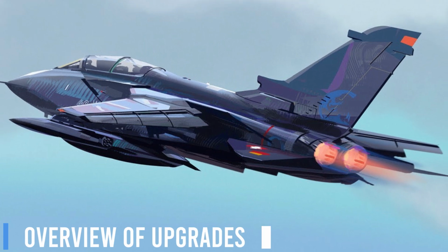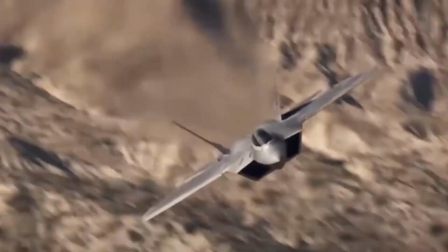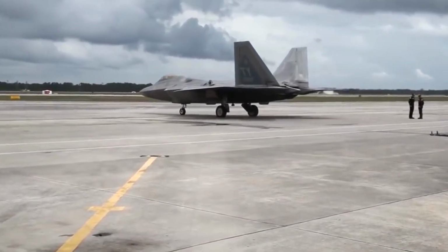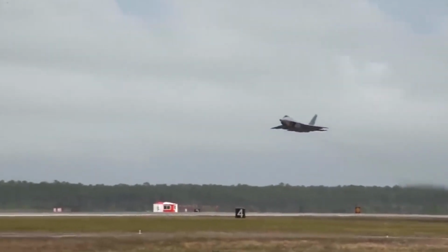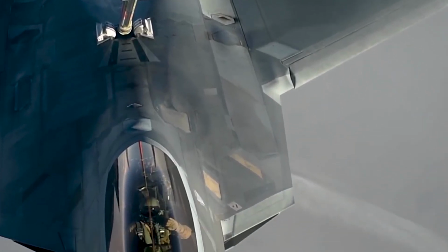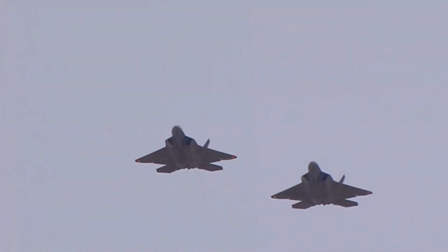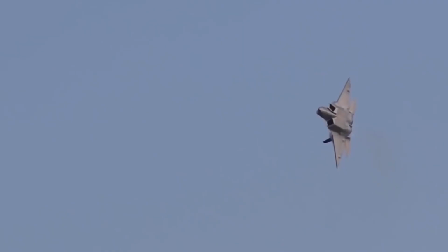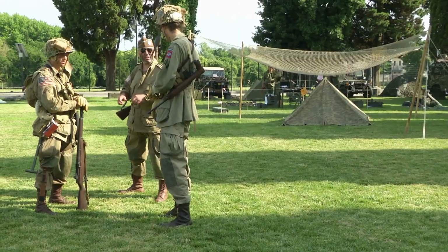Overview of upgrades. The most advanced fighter jet today, the Lockheed Martin F-22 Raptor has received some major technological upgrades. The American King is back, bigger, better, and more lethal than ever before. Meet the new upgraded F-22 Raptor, the world's first 5th-generation fighter set to become the first 6th-generation fighter too, packed with a line of technologies that no other nation has access to, not China, not Russia, and not even allies